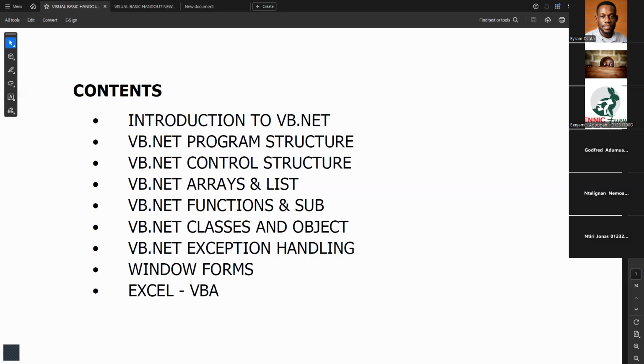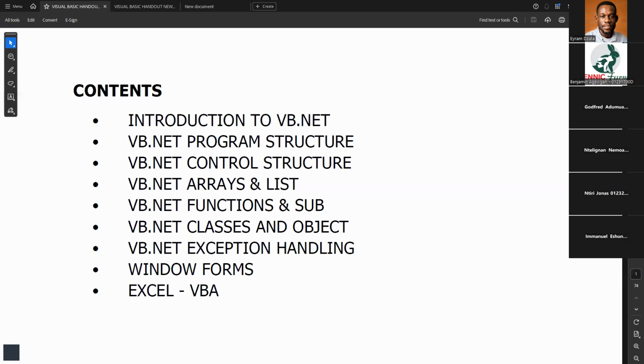First and foremost, we look at the introduction to the VB.NET programming language, what it is all about, and why you have this as part of your curriculum for you to study. We'll look at the basic syntax, the control structures, how to handle data,